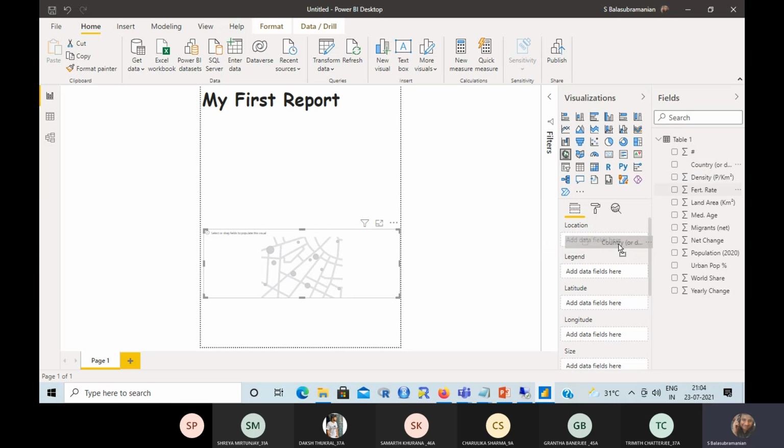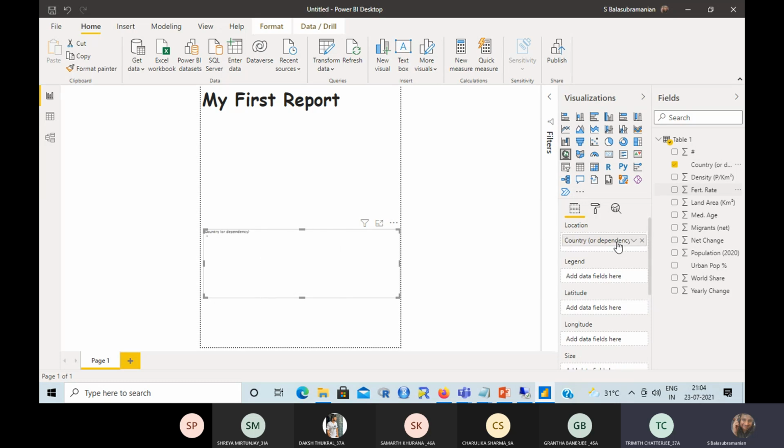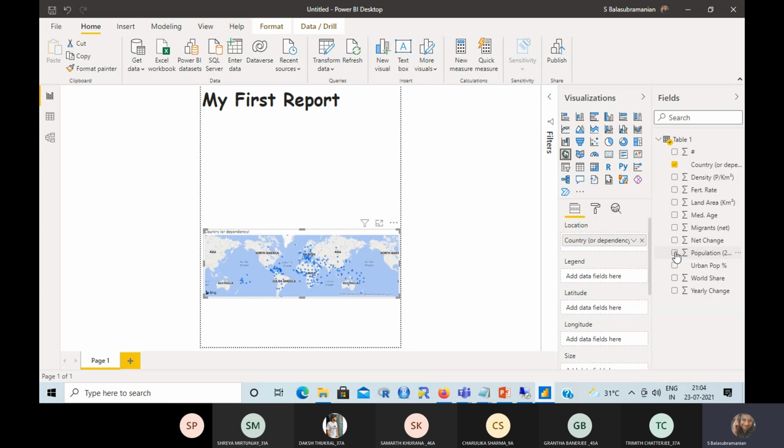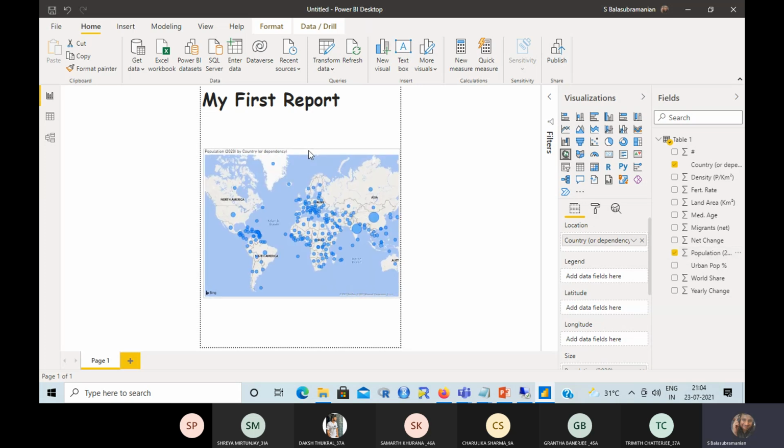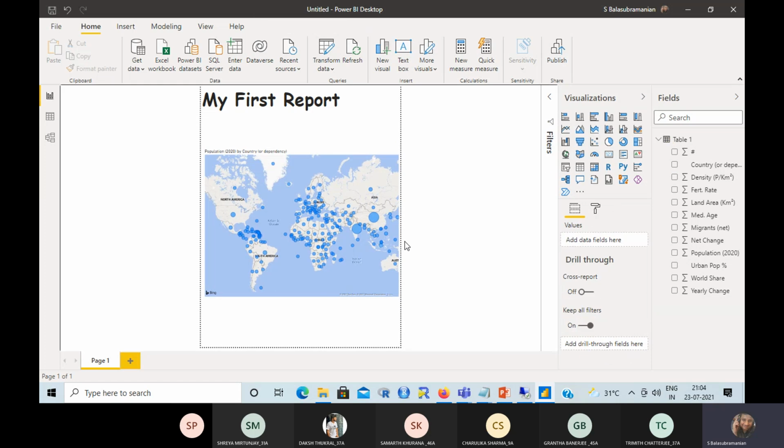The country. वेरी गुड, कंट्री को डाल दिया, ठीक है। मुझे क्या चाहिए? पॉपुलेशन चाहिए, ओके, मेरा आ गया।